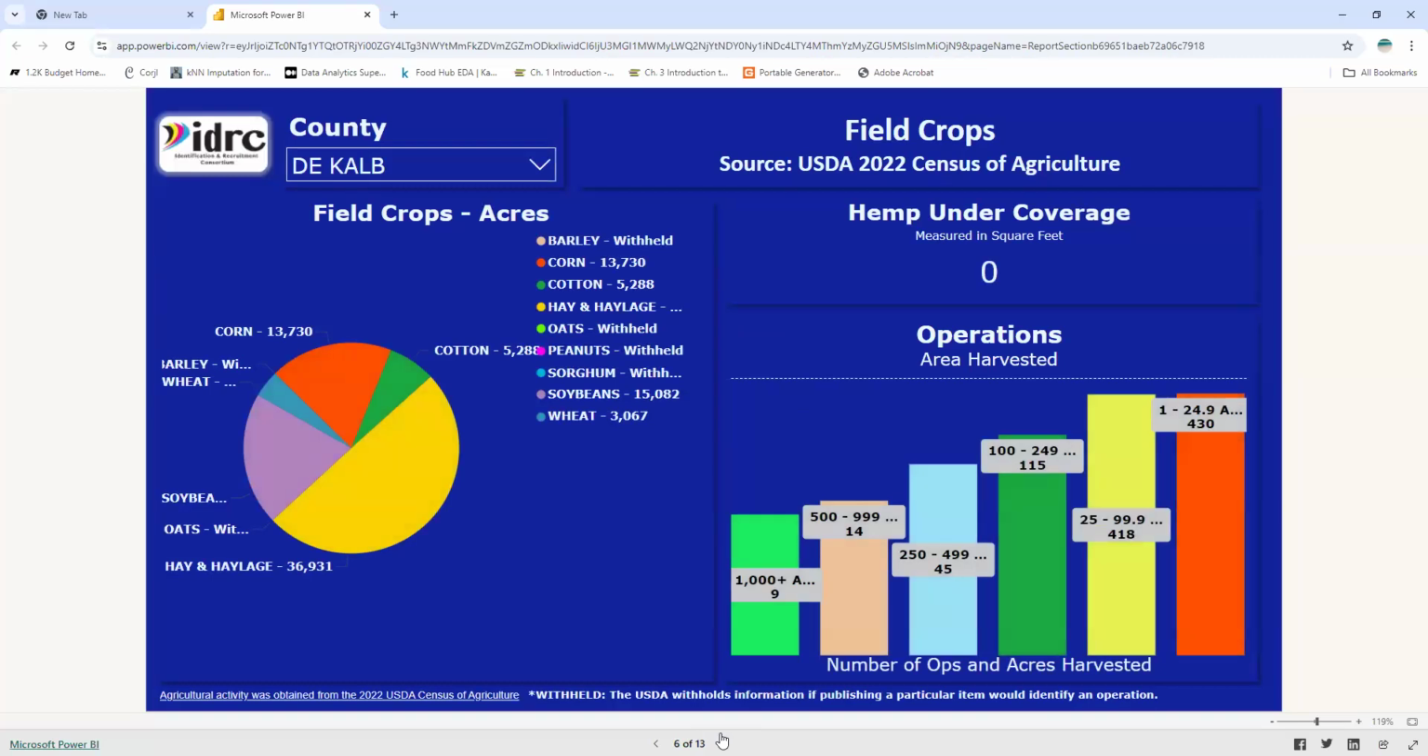The next page, we start looking at field crops. Field crops, a lot of times, are mechanized and there's not a lot of workers that come in for this, but sometimes it can be really helpful to understand. Maybe cotton, for example. If you look in the list, barley's withheld, corn's going to be field corn, so that's going to be pretty mechanized. Cotton, you've got